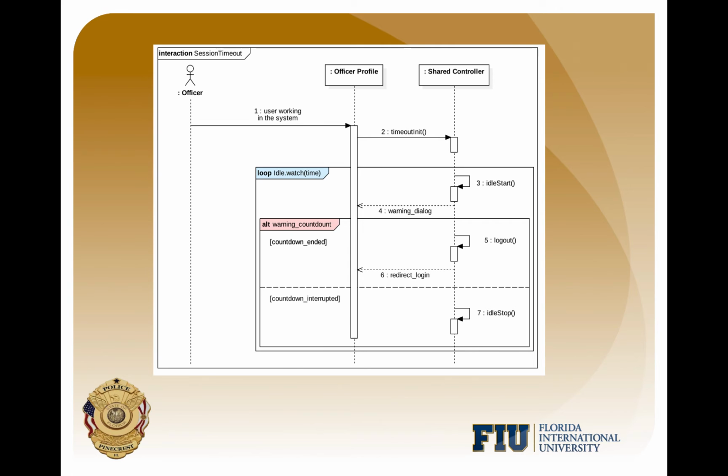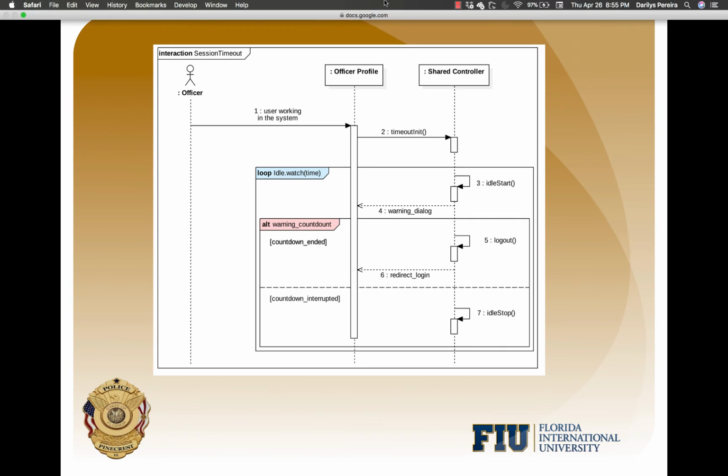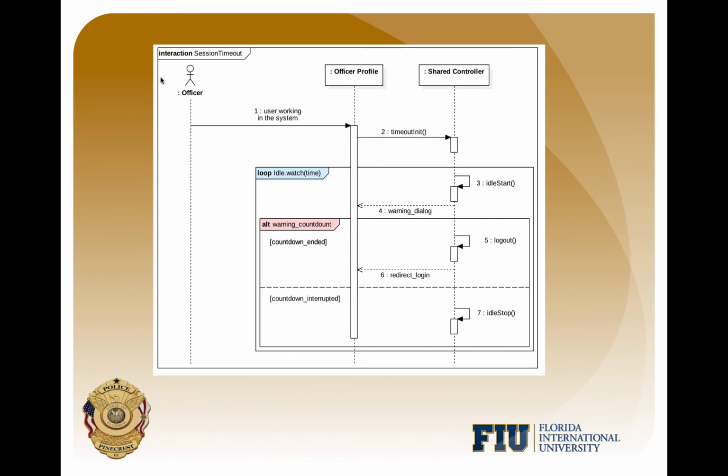For the session timeout, this is the sequence diagram. We start with the user as an actor, but it could also be a supervisor or an administrator. I chose the officer because it's the lowest level. Supervisors and administrators are generalizations of an officer. So the sequence starts with the user currently working in the system and interacting with